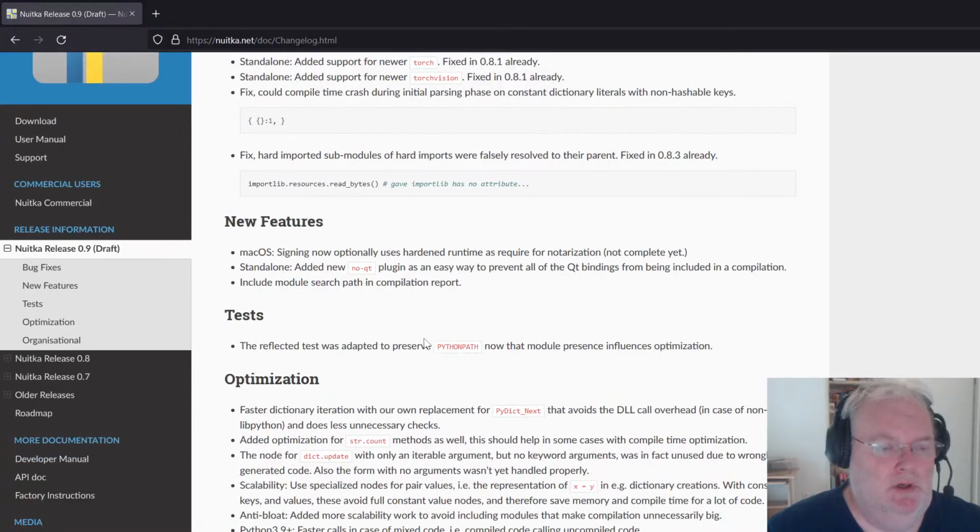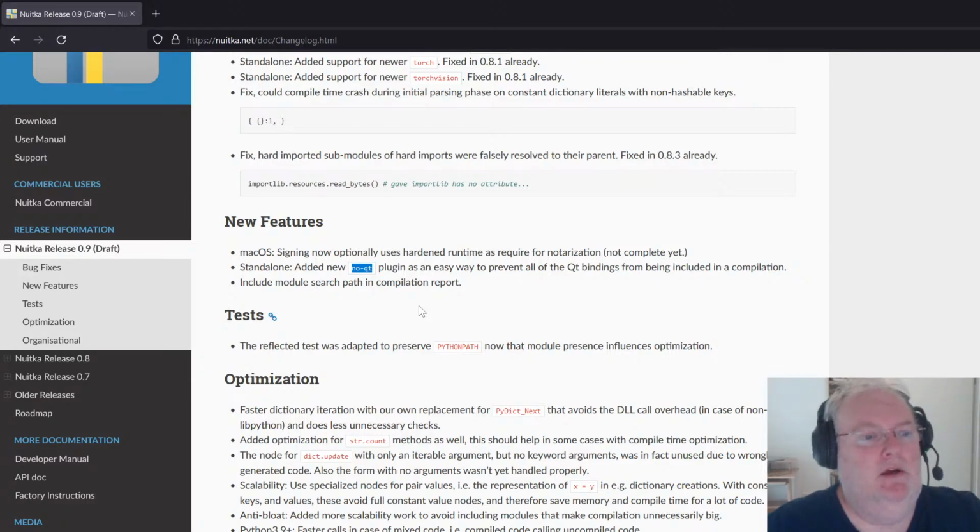So macOS, there has been some work for hardened runtime signing and for notarization, but it's not complete. There's a NoQt plugin. That's actually something I want to have for testing that prevents all Qt bindings from being compiled in. So if you know that you do not use PySide, PyQt, and whatnot, this will actually accelerate your compilation quite a bit.